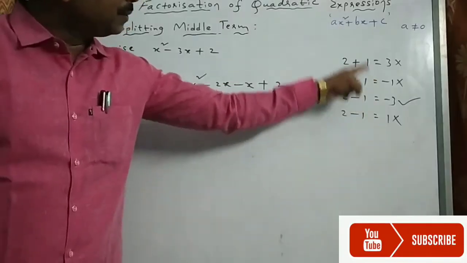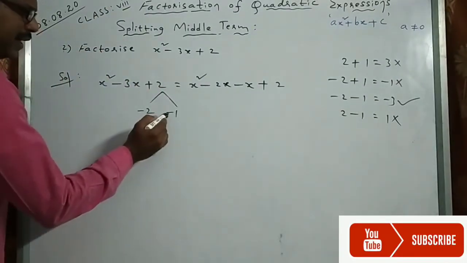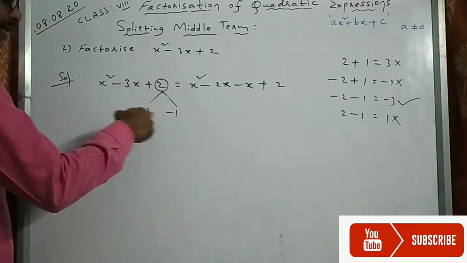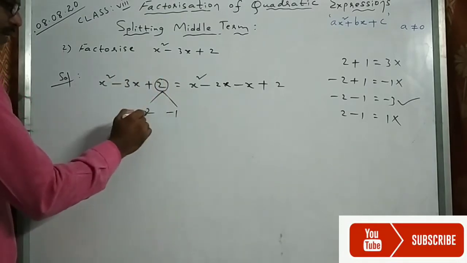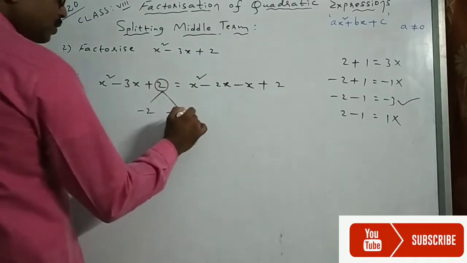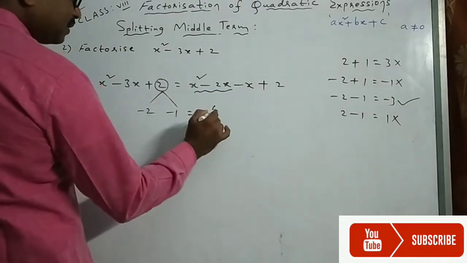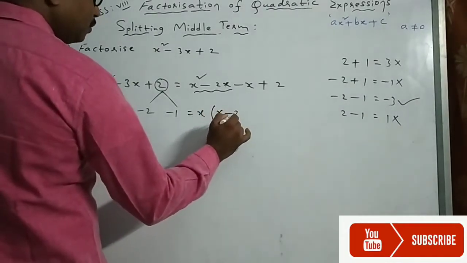Otherwise not possible. Okay. So minus 2 into minus 1, minus into minus plus 2, right? This you will get. When we take product, you should get this, right? Minus into minus plus 2 ones are 2. So now in this 2 you take x common. X square, if you take x common, we have 1x minus 2.